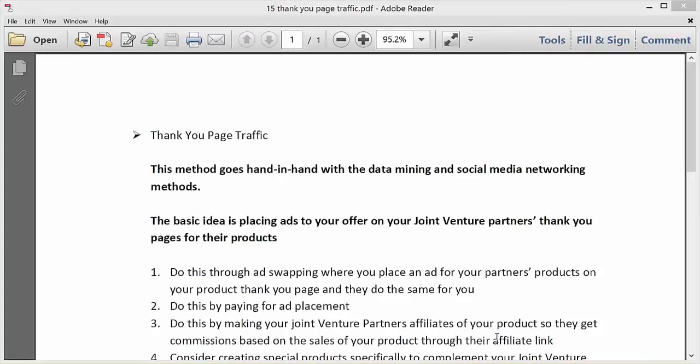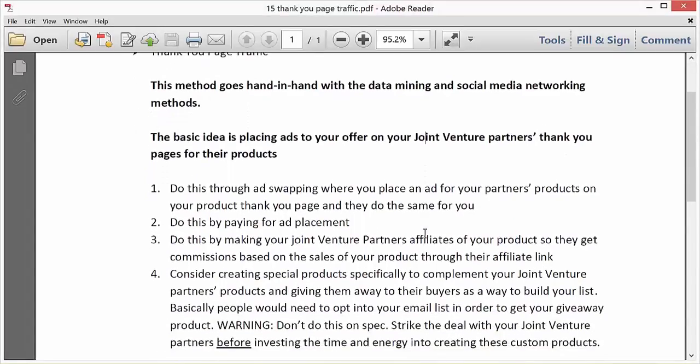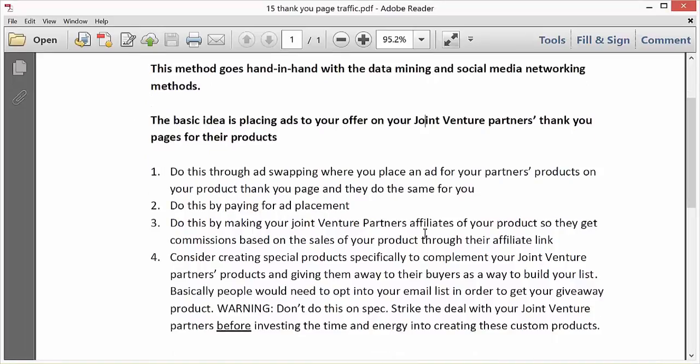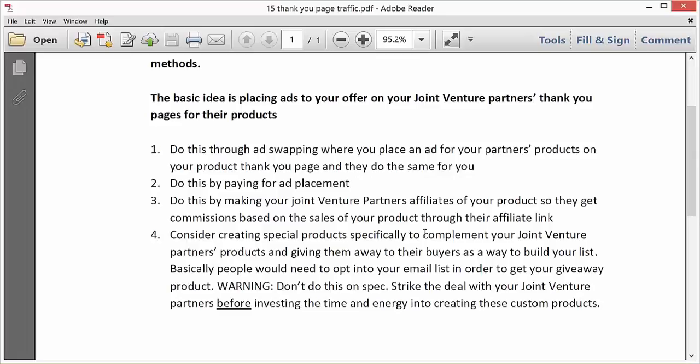Thank you page traffic. This method goes hand in hand with the data mining and social media networking methods. The basic idea is placing ads to your offer on your joint venture partners' thank you pages for their products. So basically this is for information products for people in your niche that you create joint venture relationships with. So when people buy their products, then there's the thank you page, which is the page that would have the product delivery page on it, and that's where you can place ads on that page, or it could be in other places in their funnel, such as